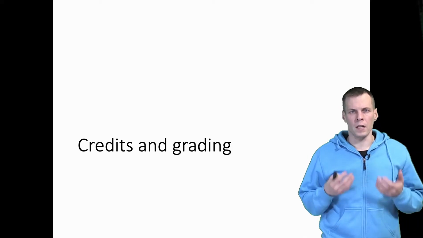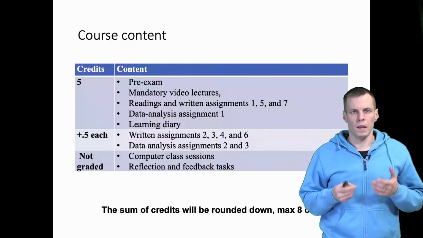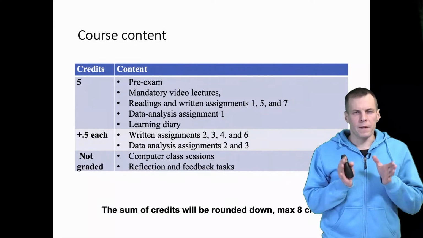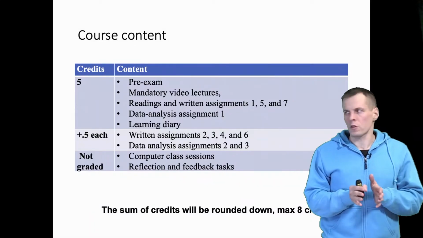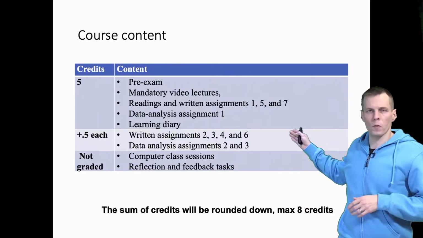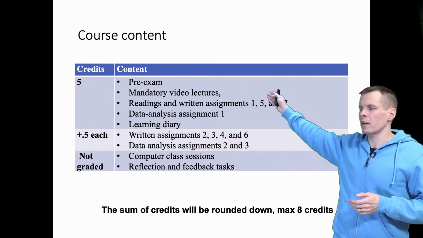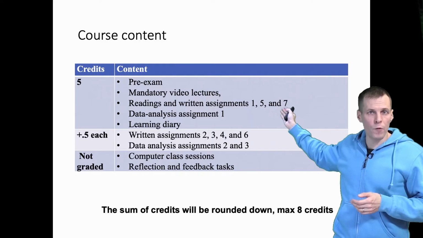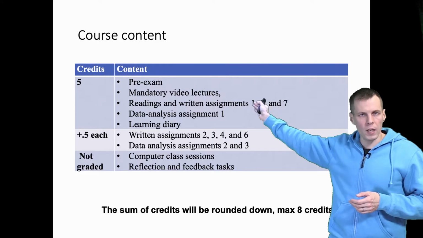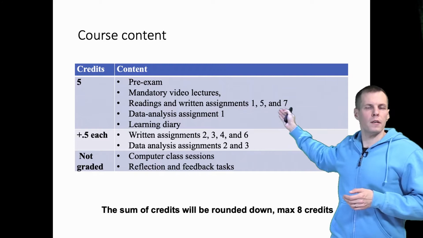Let's take a look at credits and grading of the course. You can get between 5 and 8 credits from the course. To get 5 credits, you have to complete the mandatory parts. We have pre-exam, we have video lectures, we have 3 written assignments, one about inference, one about measurement, and one